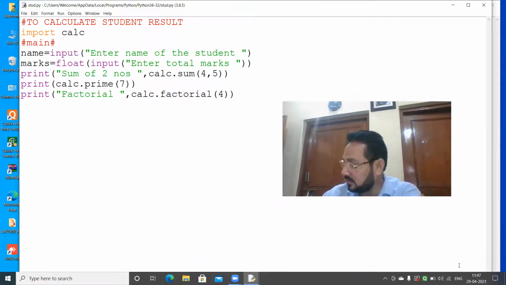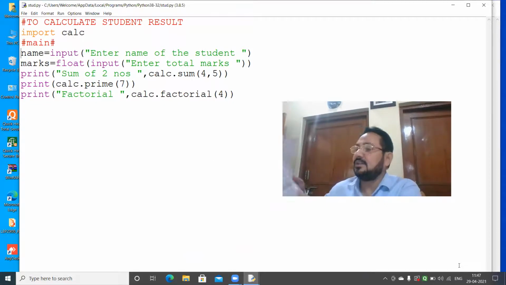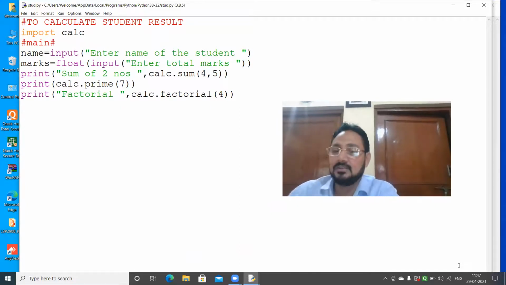Improving modules, nothing. Now write a definition here. Then I will teach you afterwards. In the next class, I will teach you how to make libraries and where to save these files. But before that, you write this point: importing modules in a Python program.